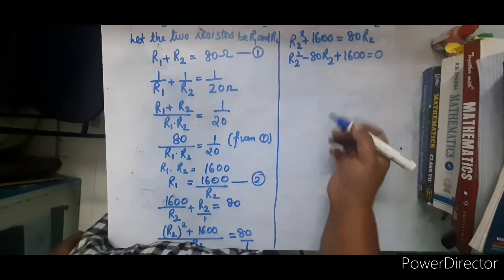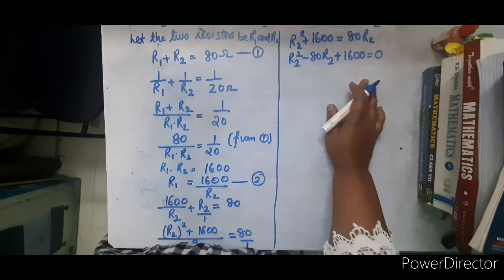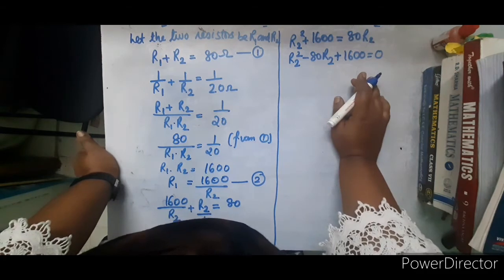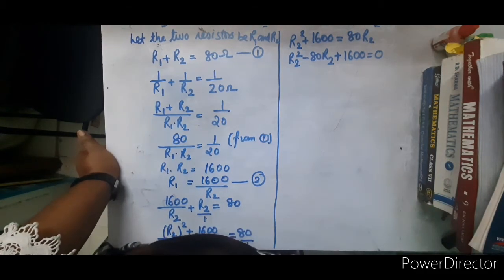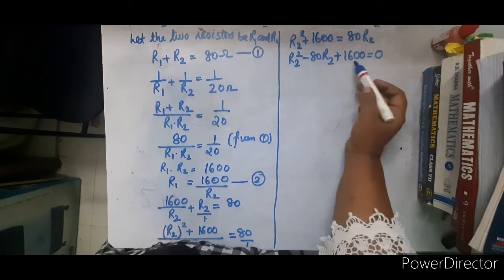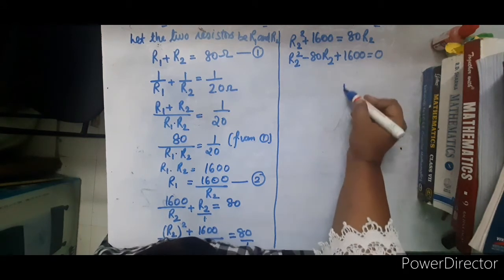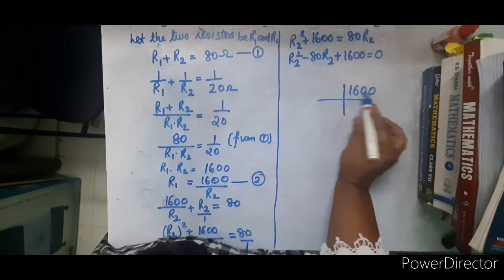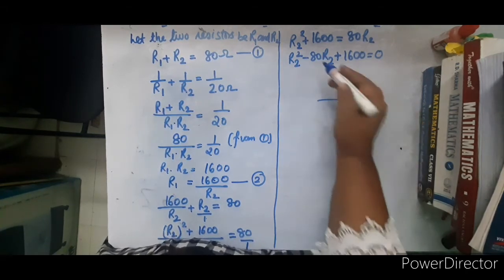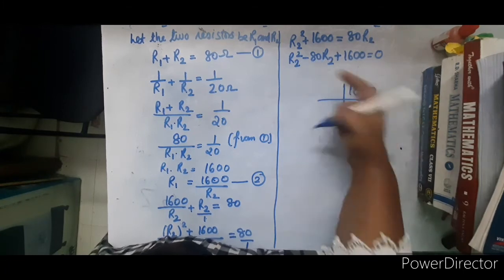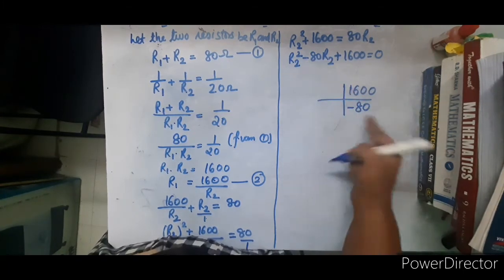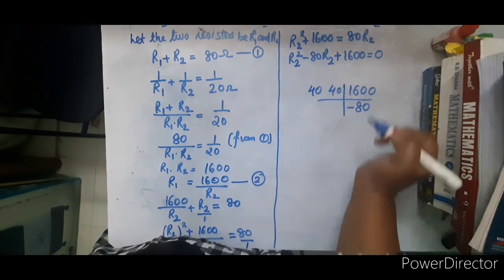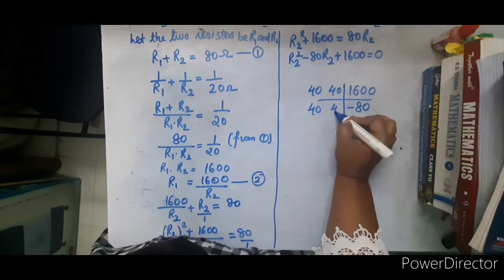Now what we are supposed to do is, we are going to solve this. Now we are going to solve a quadratic equation. When we are solving a quadratic equation, how we are going to do this, I'll explain you. See, now here we have 1600 at the last. So 1600 means we need two numbers which when we multiply we have to get 1600, and whenever we add or subtract we need to get minus 80, the middle number. So we need to look for those numbers. So it can be 40 into 40 is 1600 and 40 plus 40 will give me 80 as well.